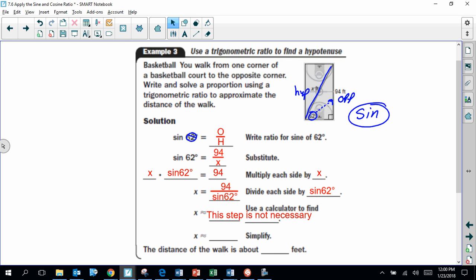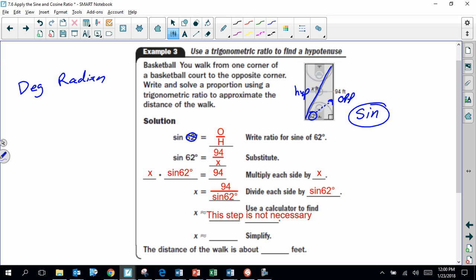But we don't need to actually put in that 4-digit decimal number. We are going to just type it into the calculator exactly like that, where I'm going to say 94 divided by the sine of 62. Now again, if you're watching this without having seen the tangent stuff from previous, on your calculators, depending on the kind of calculator that you have, there's two dominant